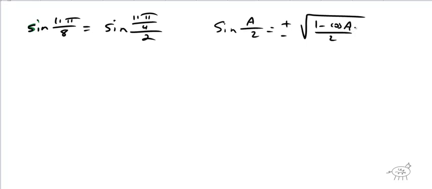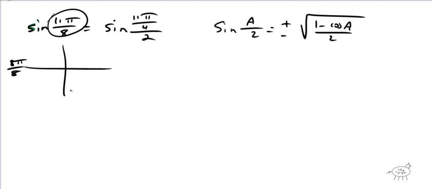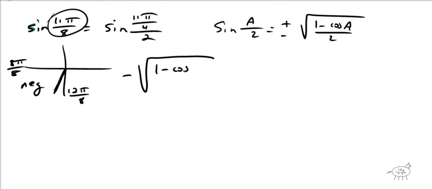Okay, so we got to determine the sign of this. So it's again the original problem. Well, kids always get confused of where 11 pi over 8 is. Think about it. Isn't this 8 pi over 8 right here, which is pi, and this is 3 halves. So 3 halves is 12 pi over 8, right? 3 over 2 is 12 over 8. That means 11 pi over 8 is somewhere over here, which makes sine negative. So it's negative square root of 1 minus cosine of 11 pi over 4